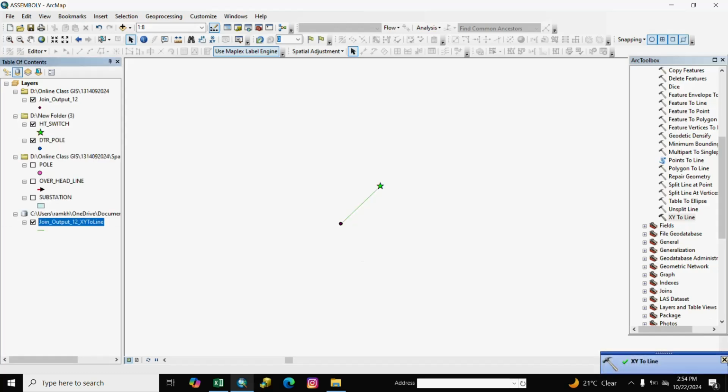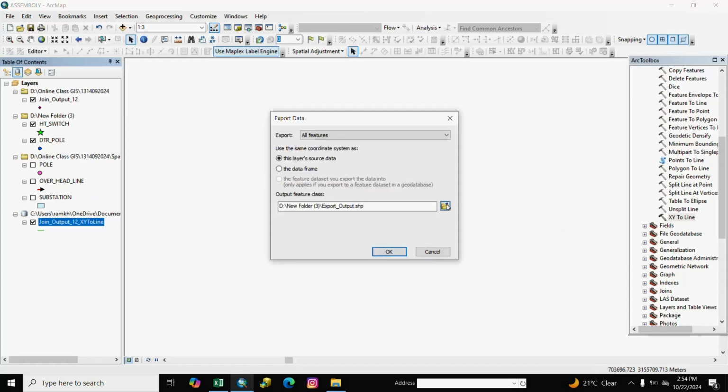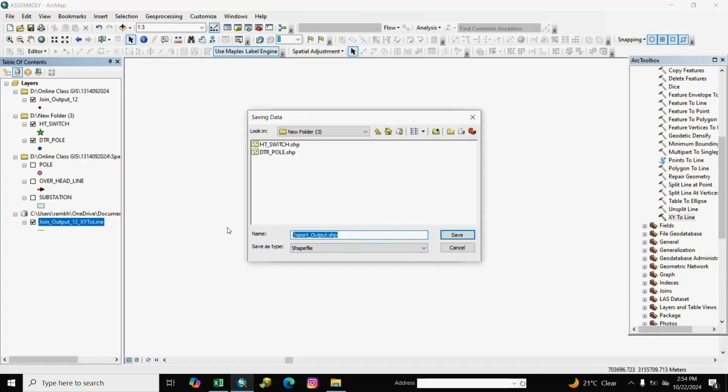Here you see line is generated, pole to switch, and we export it. Overhead underscore line 1. Save it.